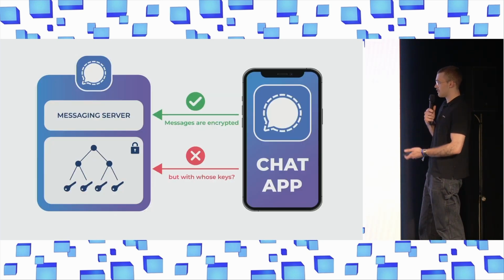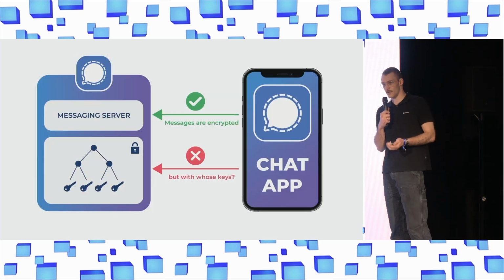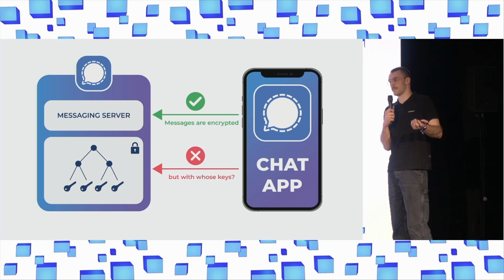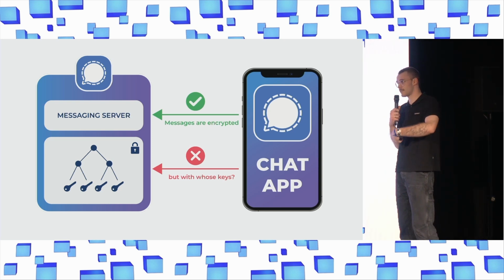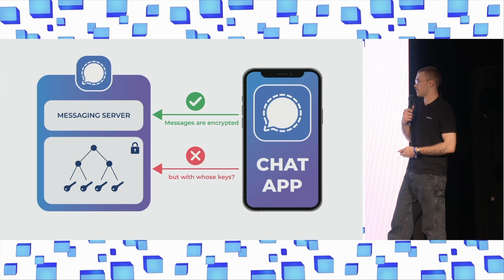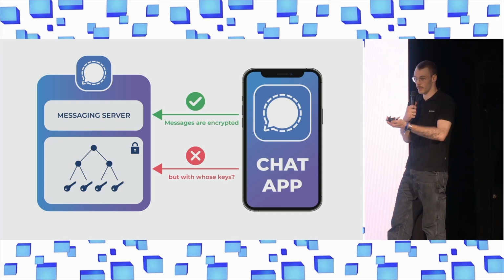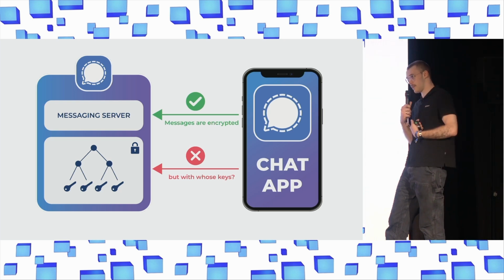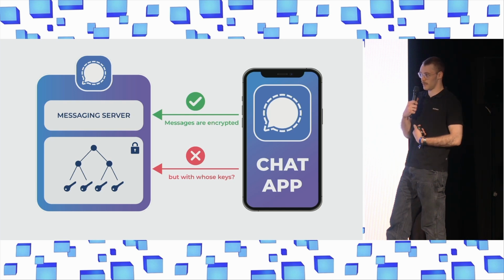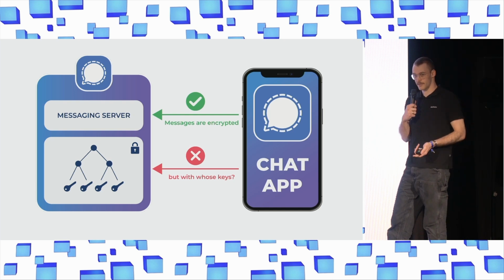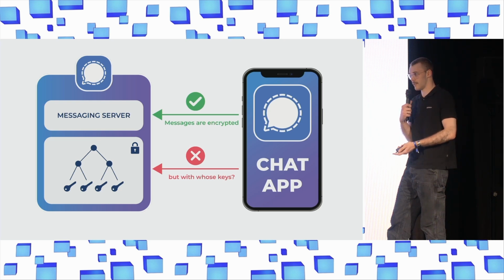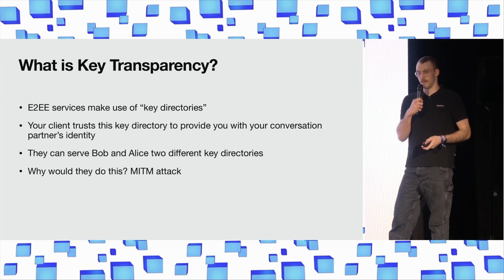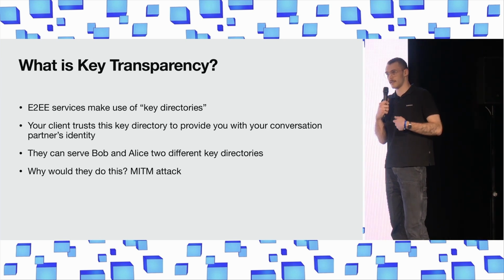So these services generally consist of two components, if you simplify them down. There's the messaging server, and there's nothing wrong with this. Only encrypted messages ever hit the server. They can't read anything, Signal doesn't collect any metadata, that's all fine. But they also consist of a key directory, because if you want to talk to me over Signal, you need to ask Signal what my public key is, and there's no cryptographic guarantee that the person you're actually talking to then is me, because Signal could provide you with a key directory that they don't provide me.